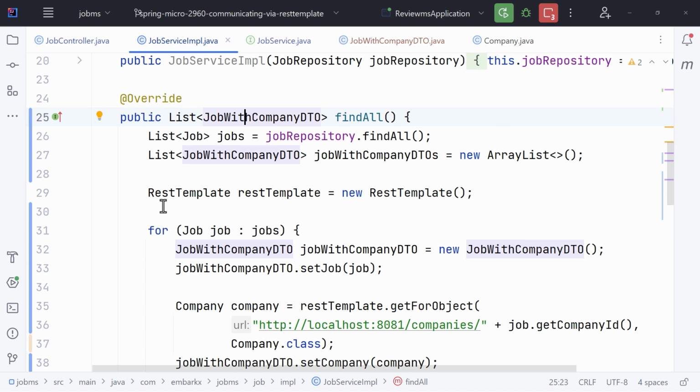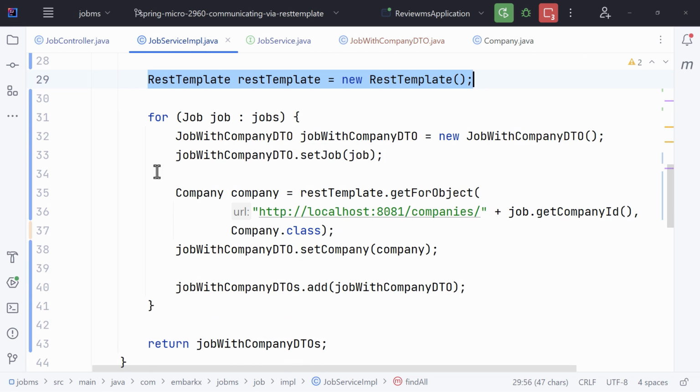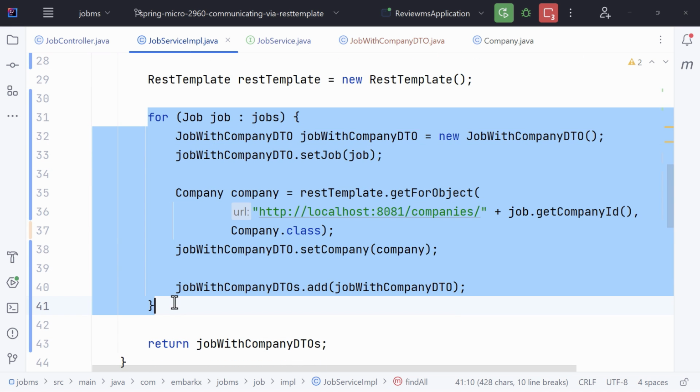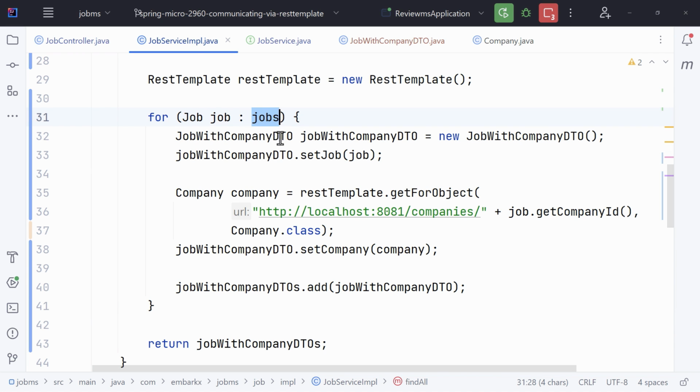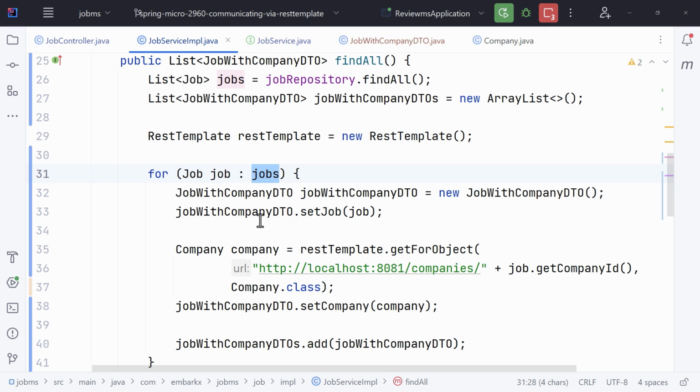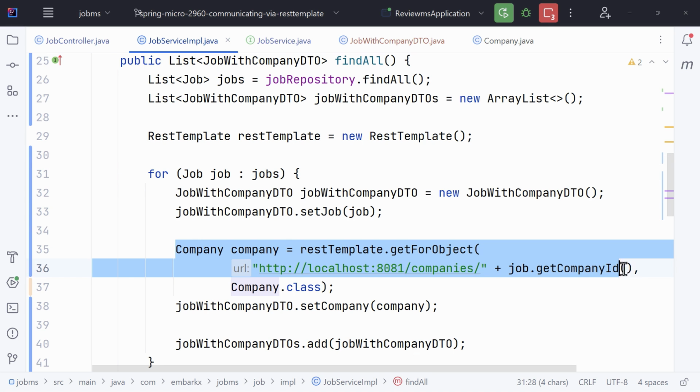And from here, we first get all the jobs from the database. We create a list that we are going to return, and this is a list of JobWithCompanyDTO. We create an object of RestTemplate, and then with the help of this for loop, we iterate through every job object. So for every job object, we get the corresponding company,